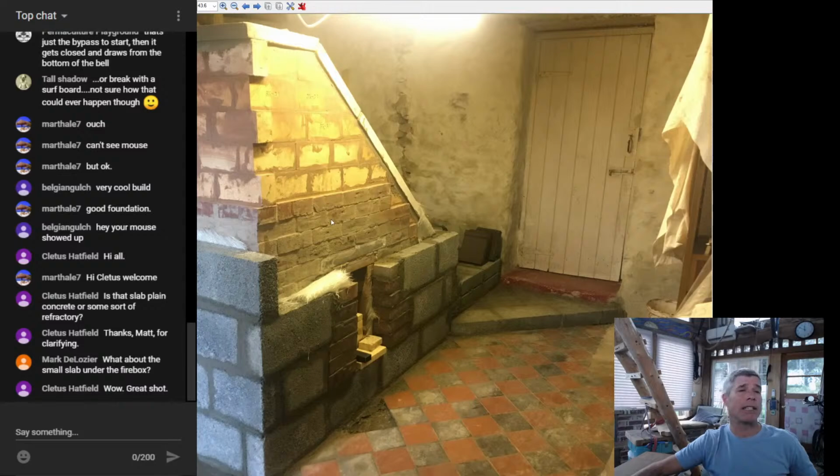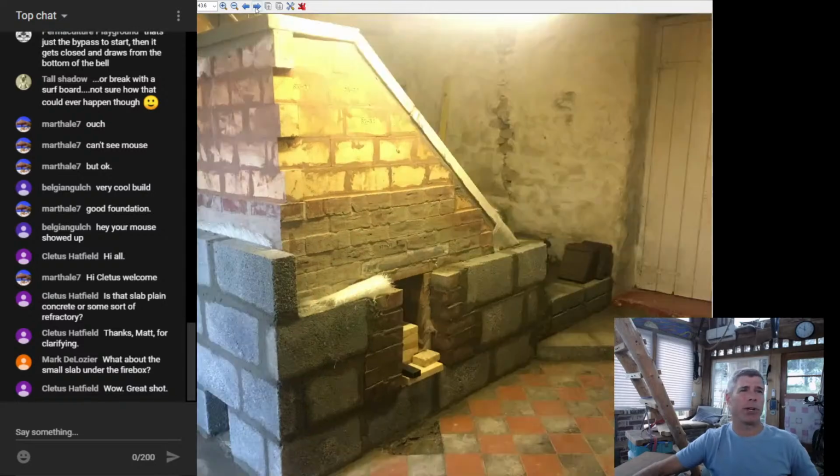Now this is a double skinned heater. On the inside we had that normal red clay brick for the lower, and then he switched to fire brick for the upper. Just good practice. And he's using these concrete blocks for the outer skin. Now we've talked about concrete being non-suitable for really hot areas, but for an outer skin here, it's just fine. It's going to give him a lot of mass, and it looks like he's using a thin fiberglass batting in between those to provide that expansion joint. So really good